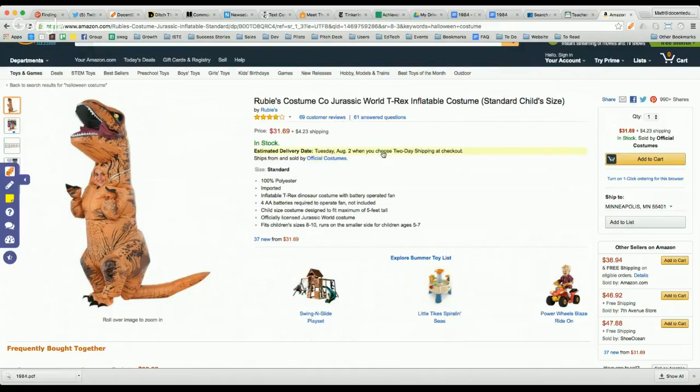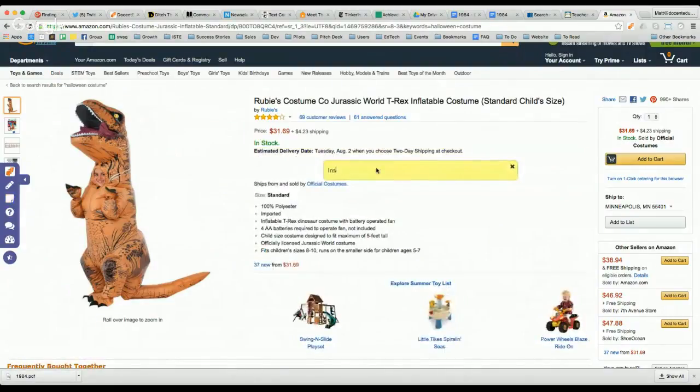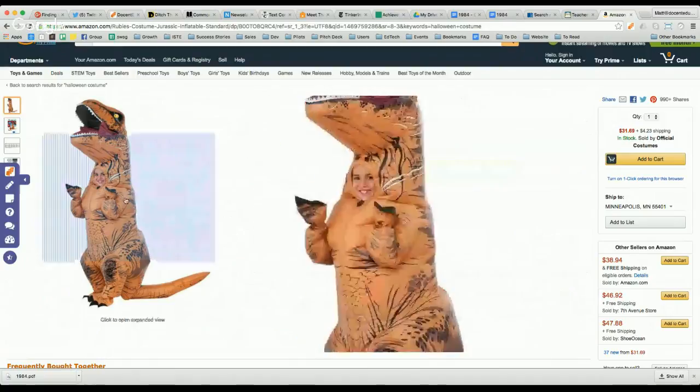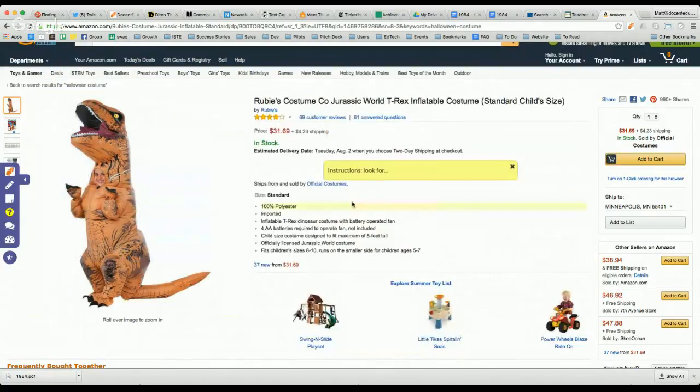So I'm going to go ahead and put in the instruction on here. The way this is going to be great is if you want students to do analysis of products. How is persuasive speech being used? Are there statements that the sellers are using that aren't supported with evidence, or are they supporting them with evidence? Is it credible? How could you find out more? Those kinds of things where you can really dig in. So this would be great for consumer